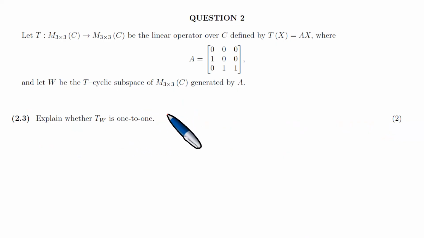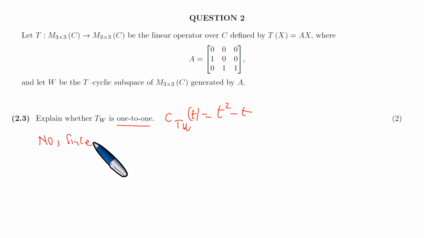So we have found, obviously, that the characteristic polynomial of TW is t squared minus t, and we found that this is a quadratic polynomial. Is it 1 to 1 or not? Right, to explain the 1 to 1ness, we realize that it is not 1 to 1. It's a function, and you can use many ways to explain if it is a 1 to 1 function or not. So it is not. Why is it not? It is not since 0